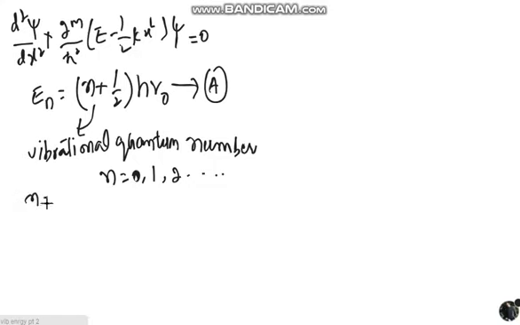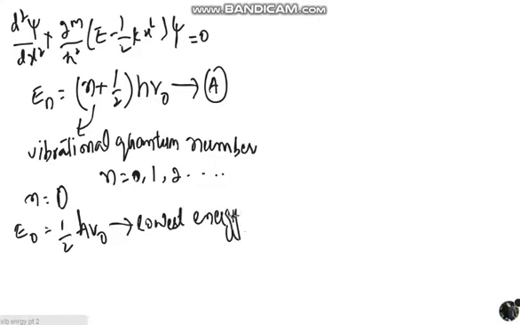By putting n is equal to 0, we get E naught is equal to 1 by 2 h mu naught. This is the energy of the lowest vibrational energy level,